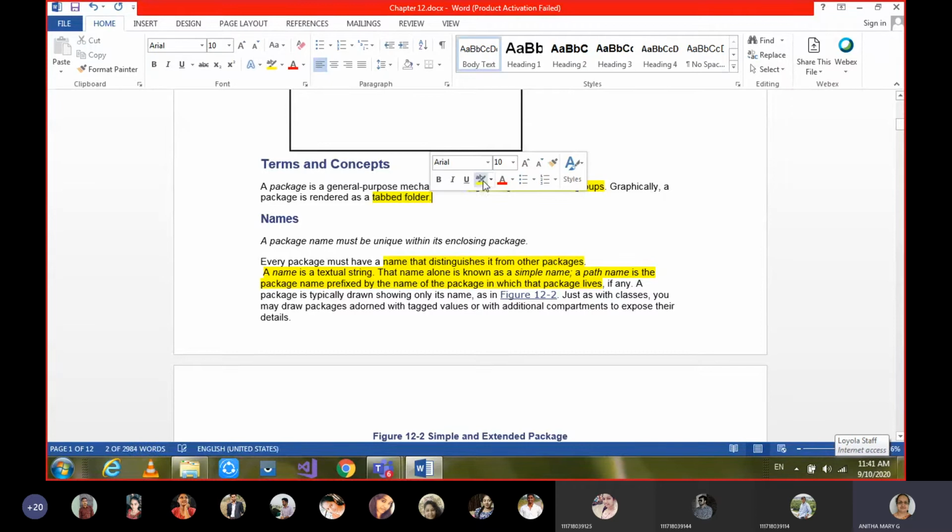So please use the terminology of the subject, then only you can score. You should not write the general terms. You should write terms specific to the subject. Under terms and concepts, we have 6 different types of terminology under these packages.